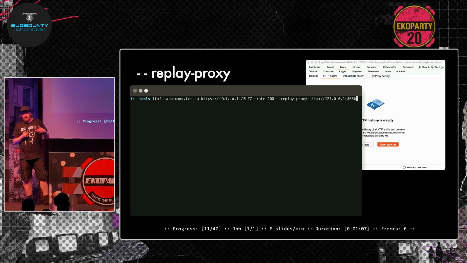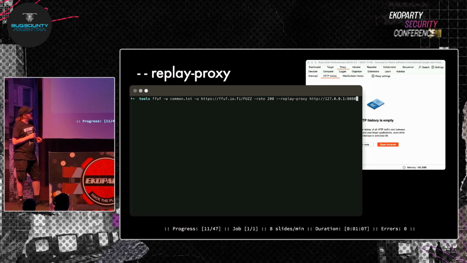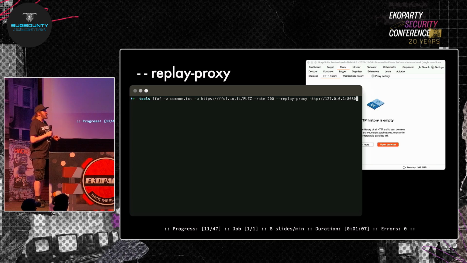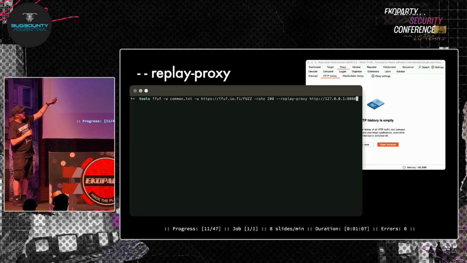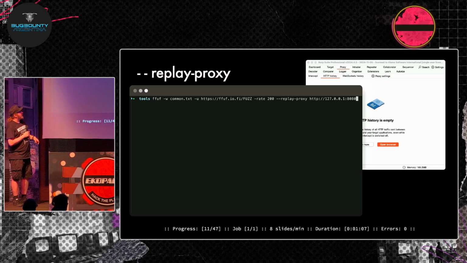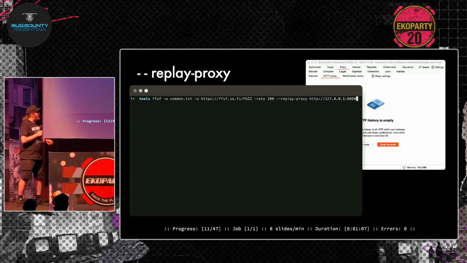This is super useful because you probably want to go deeper manually into the matches that you find. Getting them ready there in Burp or ZAP or Caido or whatever is your preference is probably a good thing. The way that it works is that you just put your replay proxy on your FFUF command line